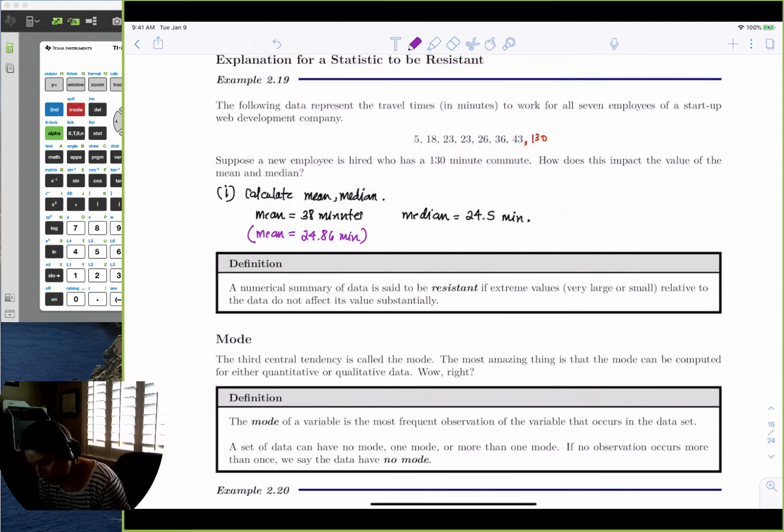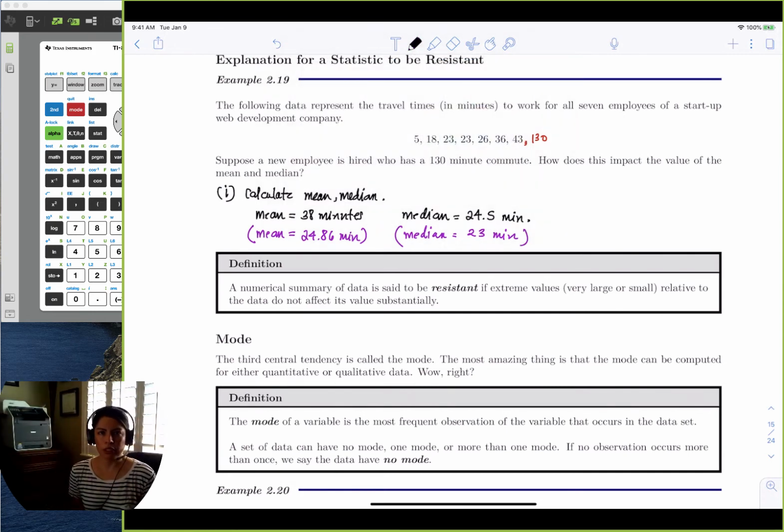So in purple, what was the original median? Right, it was 23 minutes. So tell me, which one did it impact more? Right, the average. You know why? Because we're doing an arithmetic operation with the average. We're adding all these numbers up and dividing by how many we have. Not to say that isn't valuable, but notice that with the median, whether it was 130 or 70 that was added in, it didn't change the median hardly by a minute and a half, but it did change the average by like, what, 14 minutes or 15 minutes.